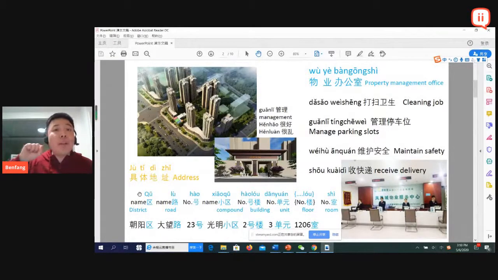road and which number of the road. So the road, street in Chinese is 路, and how is a number. So for example, here as an example, 大望路, the road of 大望, 23 number of 大望 road, 大望路23号。